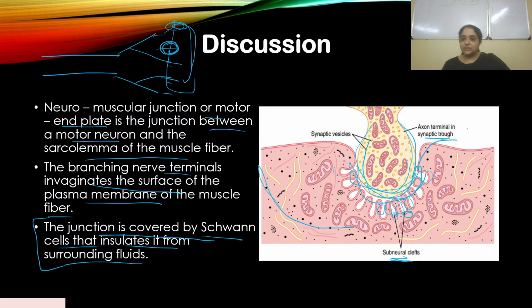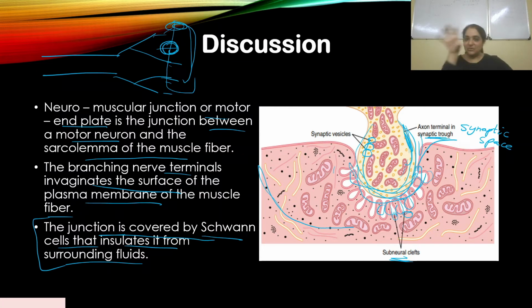This white portion is called the synaptic space. And this part that you see over here, this neuron, is the synaptic trough or the synaptic gutter. Two names to it. This yellow portion you see here, those are synaptic vesicles where neurotransmitter is stored. So basically this is what a neuromuscular junction looks like. Now you're clear on the three parts to it, right?